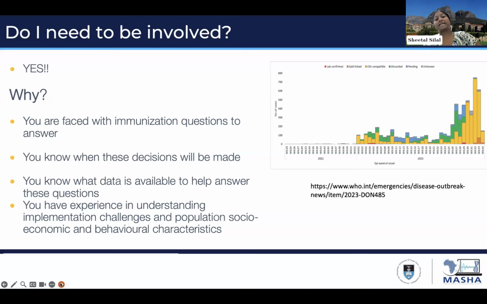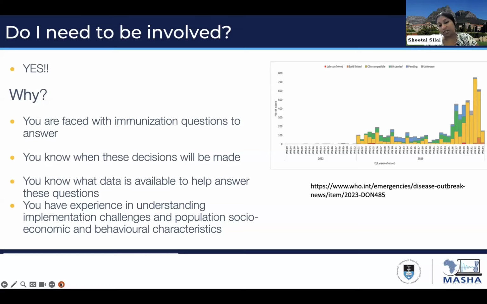You also know what data is available. And it is this data that powers the models. The models are not just based on assumptions and mathematics. They are powered by the data. They are made relevant by the data that are used as inputs. And as experts in country, you know what data is available, what the quality of that data is, and which samples that data applies to within your country. And so you'll be able to make an assessment on which data sets need to be included in the modeling analysis.